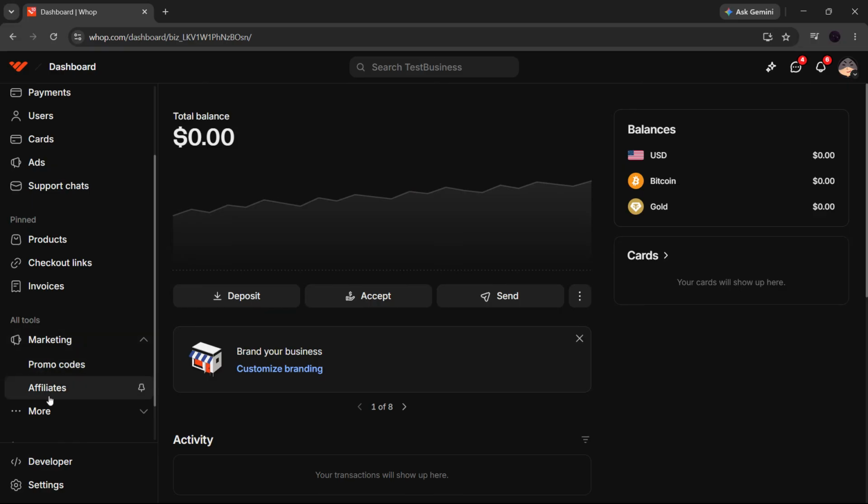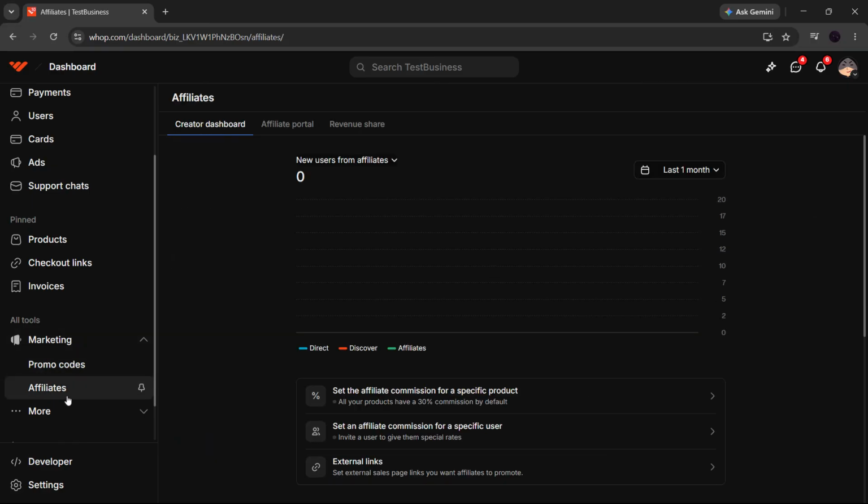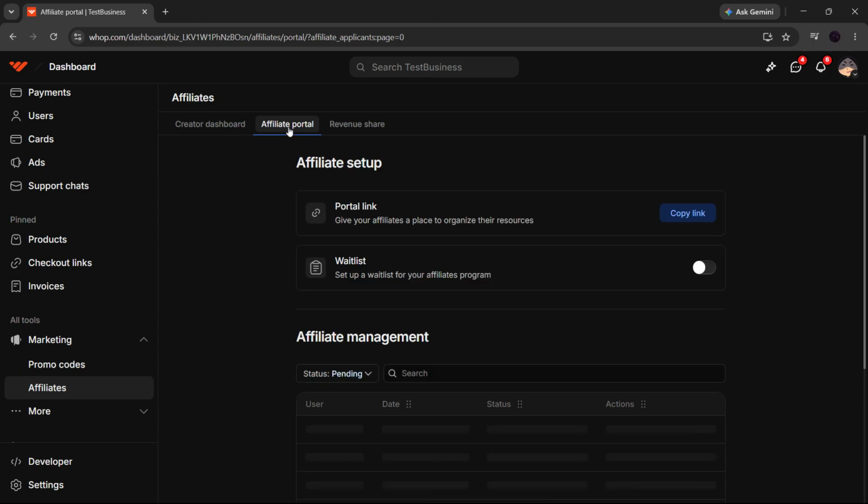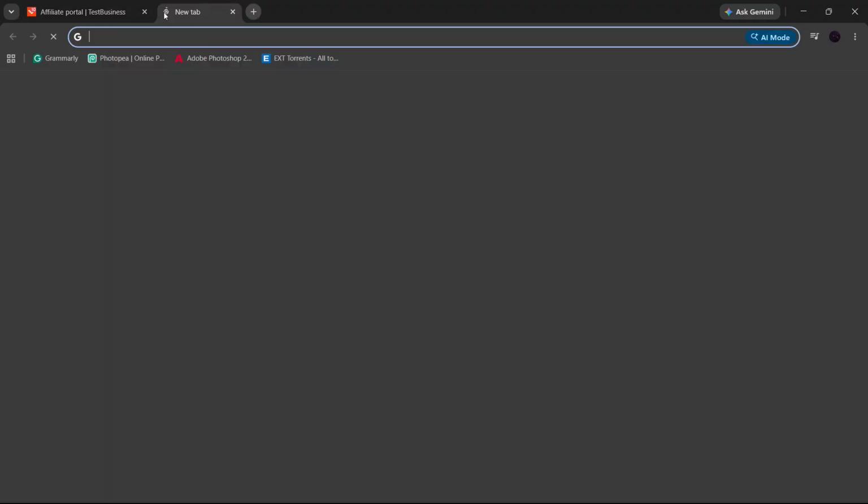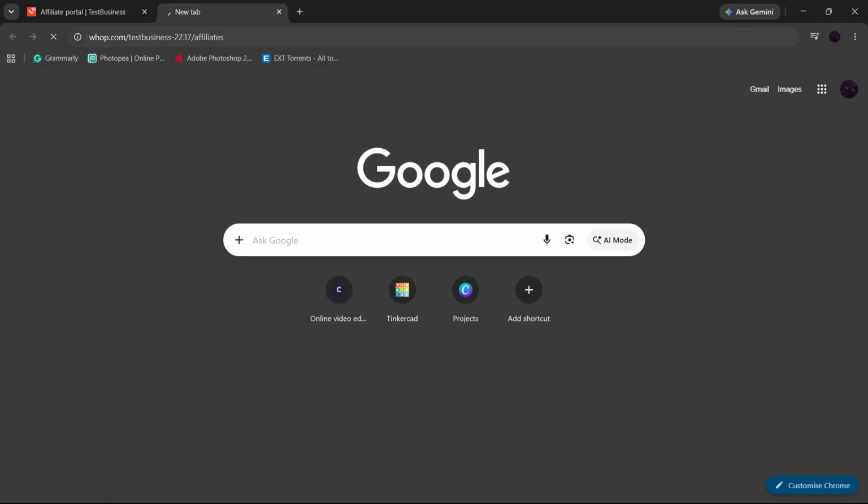Once you're in Marketing, click on the Affiliate Portal tab along the top navigation row. That will open the affiliate portal settings for your store. Now look for the Portal Link option on the page. This is your main affiliate portal URL, the one you can send out to potential affiliates so they can sign up and promote your products. When you see it, simply click the Copy Link button to copy your unique affiliate portal link to your clipboard. From there, you can paste it into your website, bio, email, Discord, or anywhere else you want to recruit new